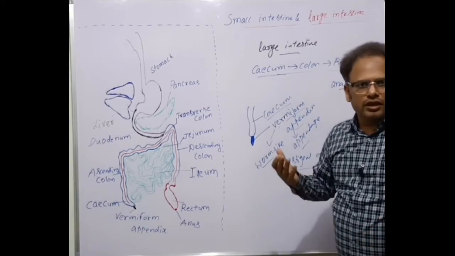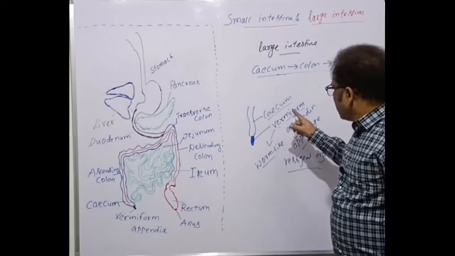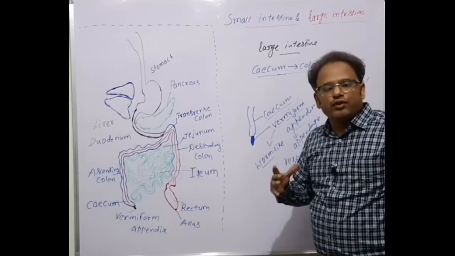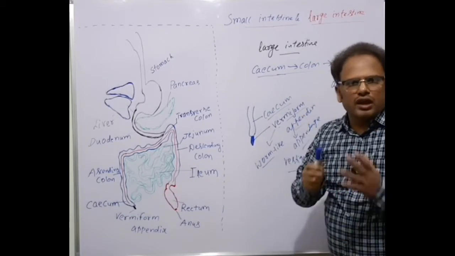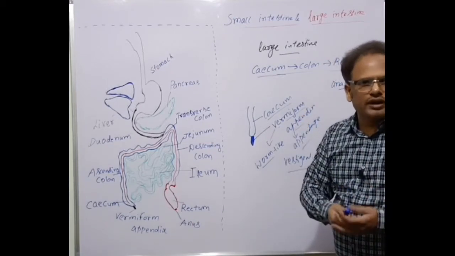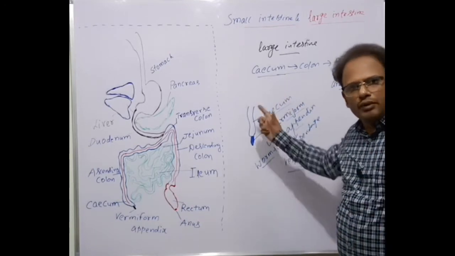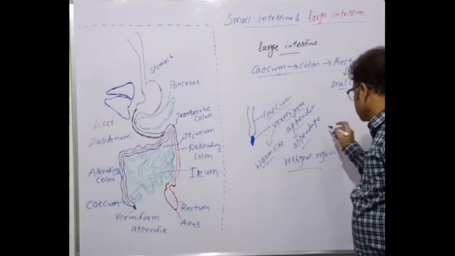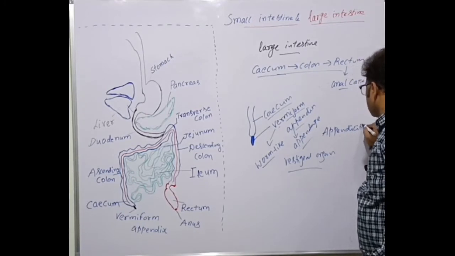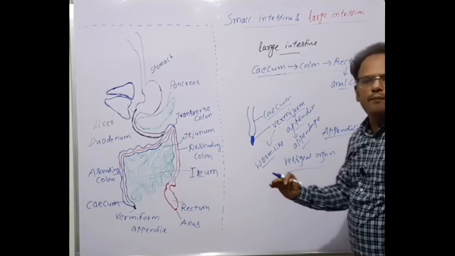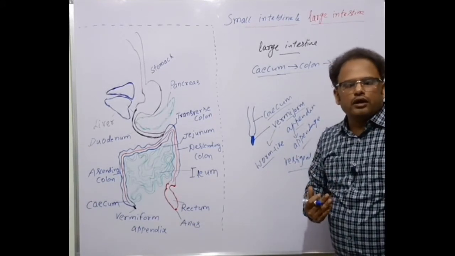Now sometimes, because of the presence of a large number of worms, or some trauma or other injury or some other medical problem, the vermiform appendix may get inflammation. That is swelling, redness, pain and burning sensation. That is called inflammation here. The inflammation of this vermiform appendix is called appendicitis.